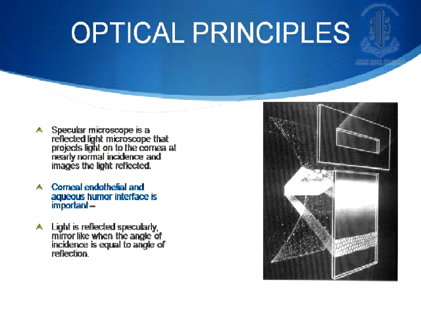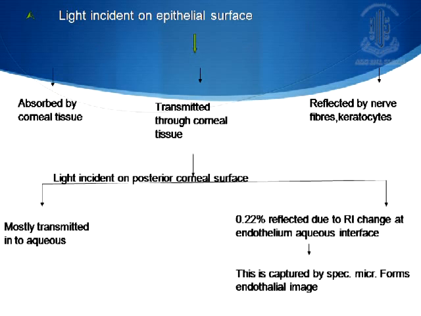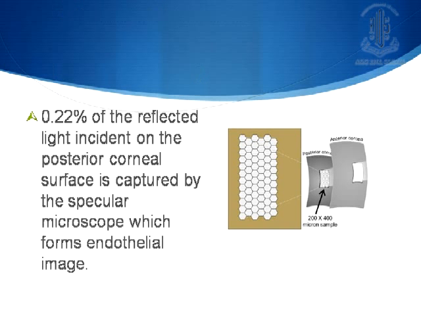And these are basically the optical principles which I think most of us are aware of. By sending the light which is reflected back due to the interface between the endothelium and the aqueous, we are able to visualize the endothelial cells even on the slit lamp. And there are various ways how it is reflected from the keratocytes, from the fibers. Basically what happens is, this is the reflected light. It's only 0.22% which is reflected back, and which is what gives us the image which we are always trying to analyze and understand by various softwares and various devices.